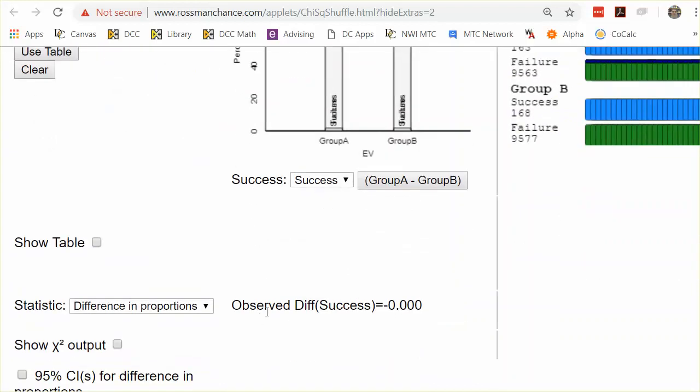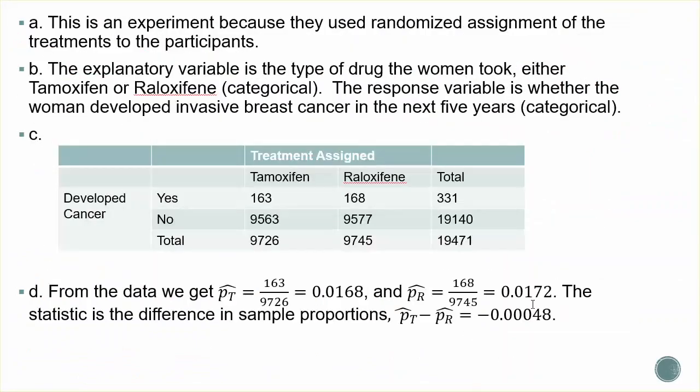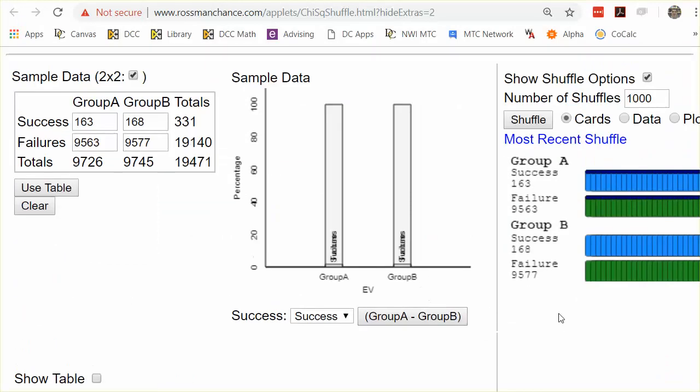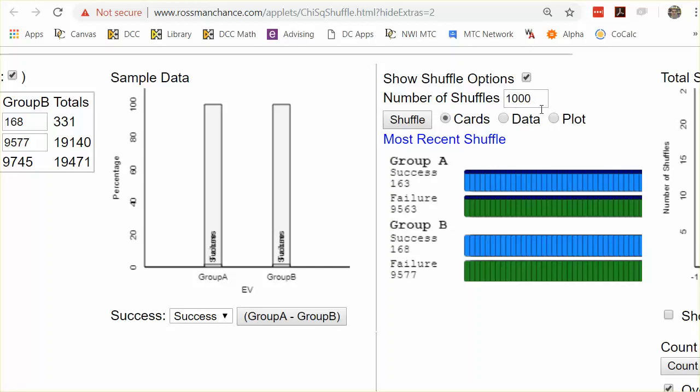If you scroll down, you can see the observed difference. Well, it's only giving us 3 decimal points here. Remember, when we computed it, we got negative 0.0048, but it's not quite showing us that there. And then to do a simulation, well, you would just click 1,000 and click shuffle, and it should make a null distribution for us. Now, because these numbers are so big, this one will actually take a little bit of